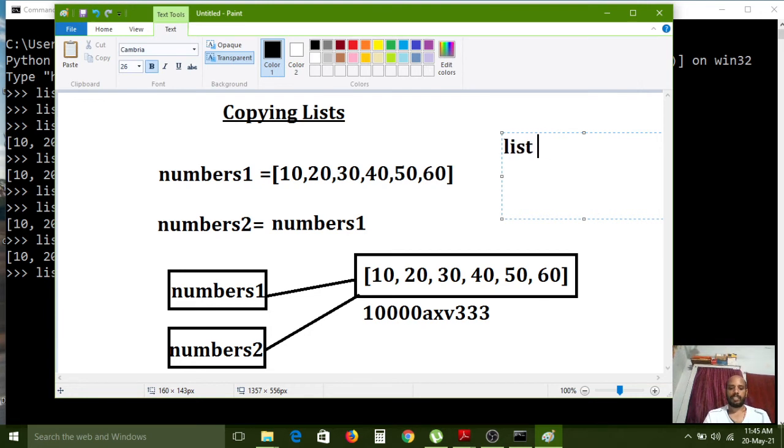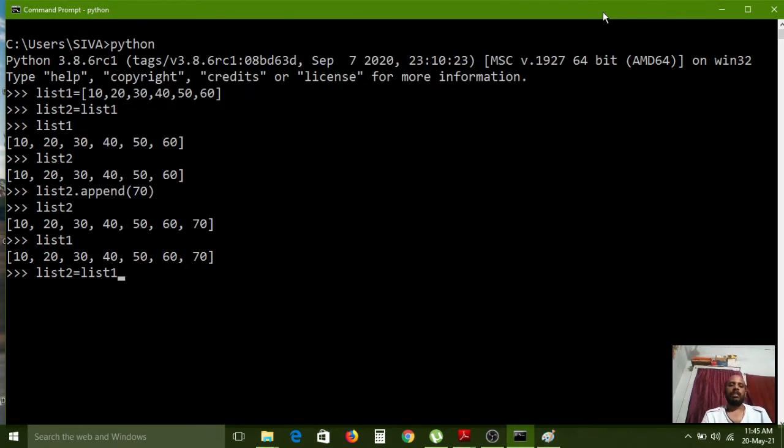Cloning means whatever state we have for list1, the same is also contained in list2. Understand? Like that we copy a list from an existing list.